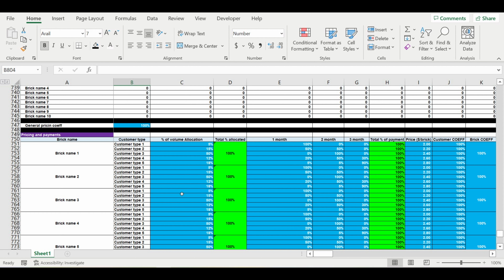Today we'll continue with building a financial model of a brick factory from scratch, and today we will continue working with